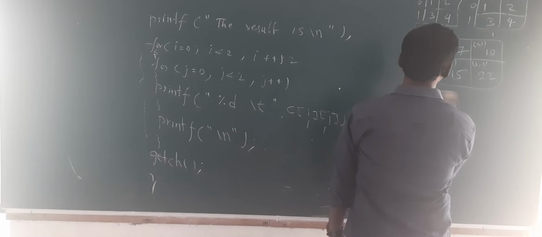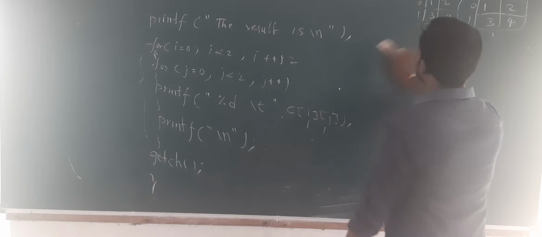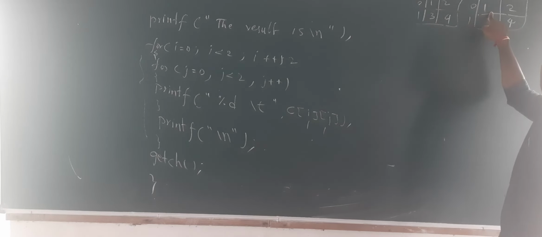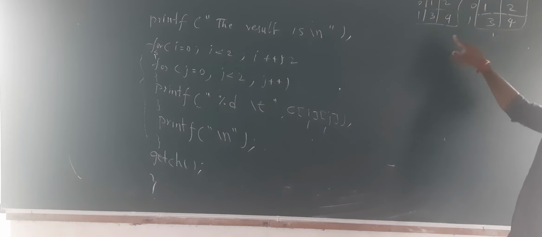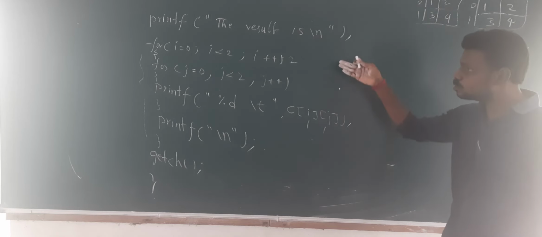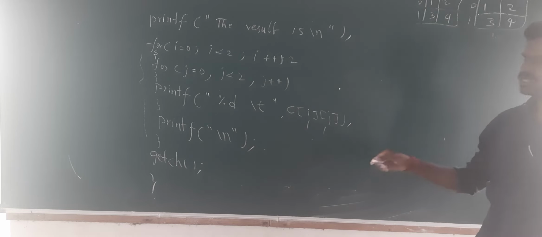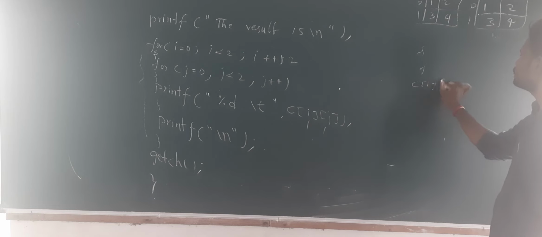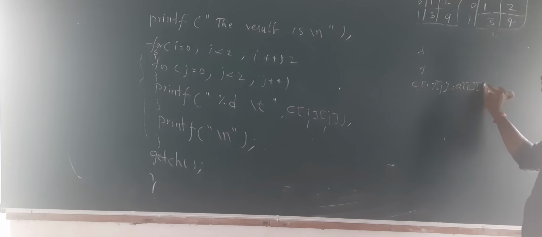But when you are going for matrix addition, we won't do all those things. Simply, we will be adding the first element with the first element, the second with the second, the third with the third, the fourth with the fourth. Clear? So you don't need the for loop for k also. Just a for loop for i and a for loop for j. Simply say C of ij equals A of ij plus B of ij. This is for addition, not for multiplication. Okay?